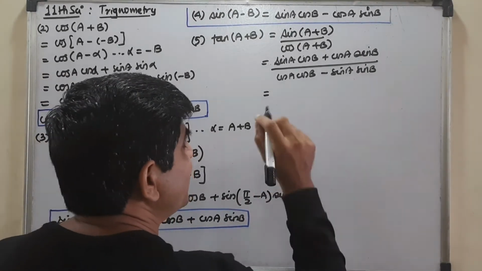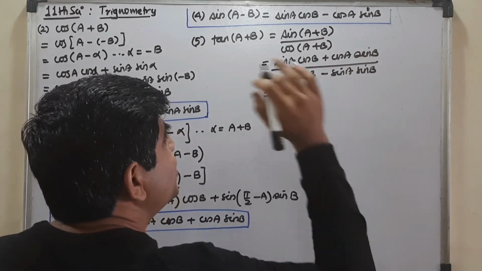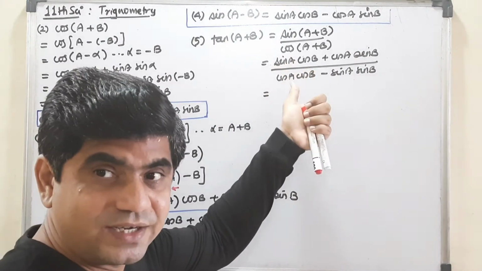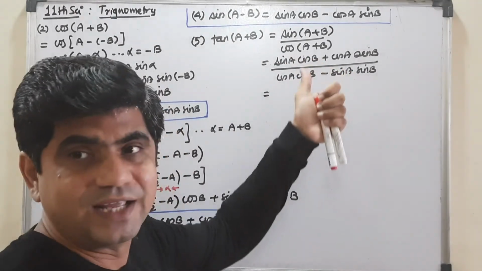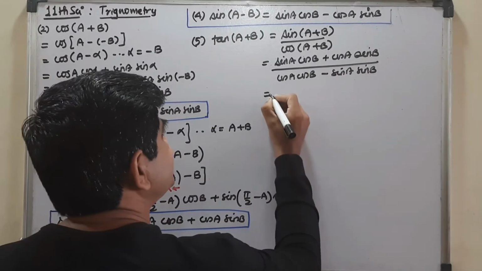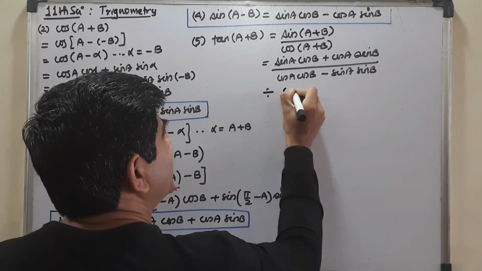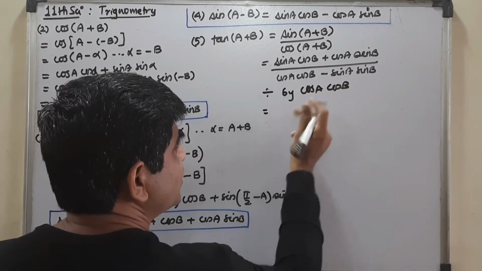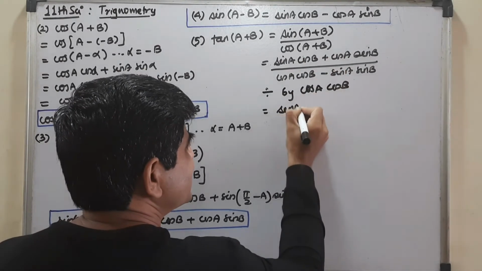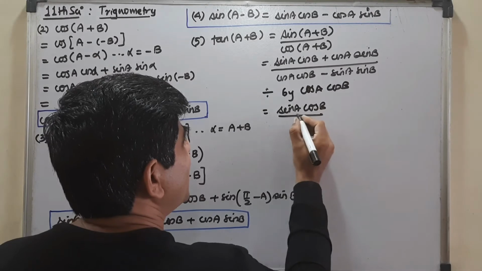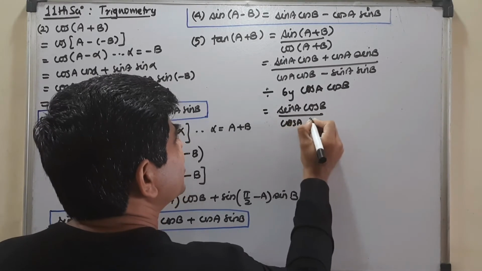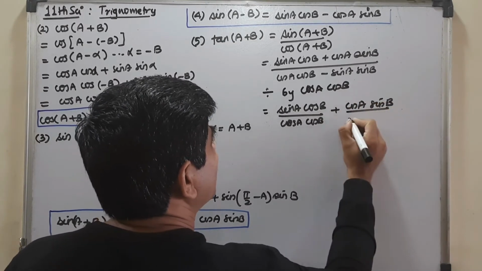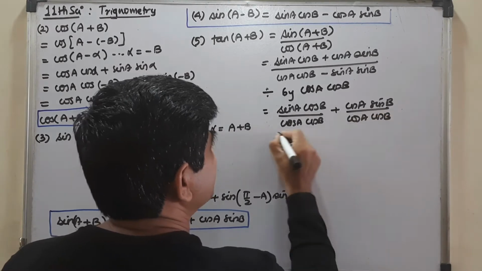So what I am deciding is that I will divide it by cos A cos B. The benefit will be what? This cos A will convert sin A into tan A, and cos B will get cancelled. So dividing by cos A cos B, you have to divide before the plus sign. I am just showing you once. That is sin A cos B upon cos A cos B plus cos A sin B upon cos A cos B,